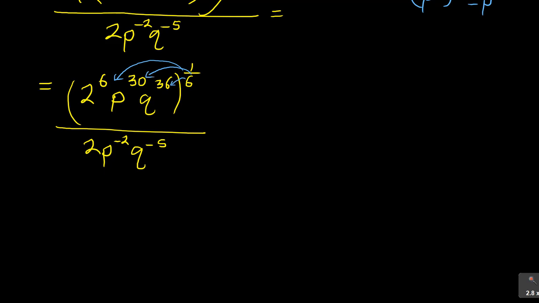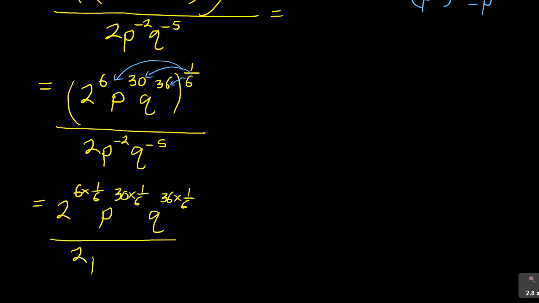So if I continue there, it will be 2 to the power 6 times 1 over 6, p to the power 30 times 1 over 6, and q to the power 36 times 1 over 6, and then over 2p to the power negative 2, q to the power negative 5. Okay, and then if I continue with that, this gives me 6 into 30 is a 5, and then the other one is 6 into 36 is a 6. So I've got 2 to the power of 1